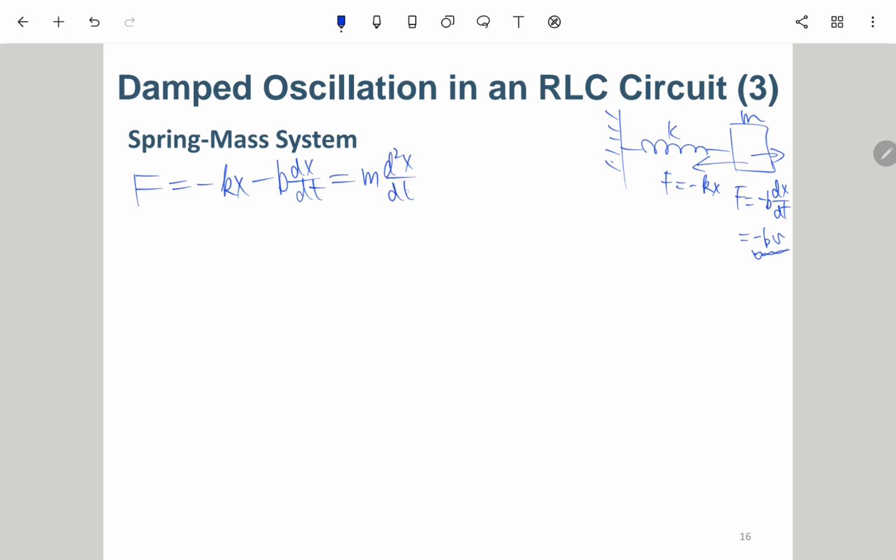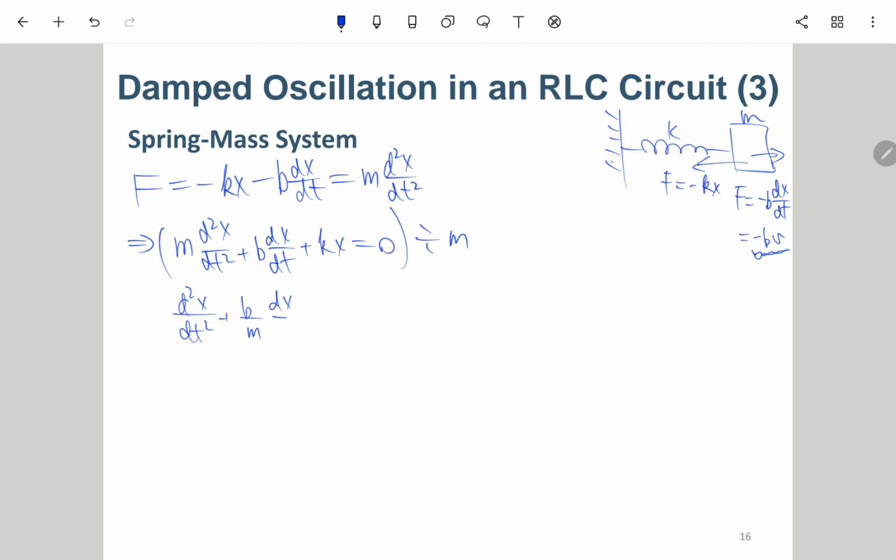m d2x/dt2. In such a way we have m d2x/dt2 plus b dx/dt plus kx equals 0. Then we divide the whole thing by m, so we have d2x/dt2 plus b over m dx/dt plus k over m x equals 0. So this is a similar